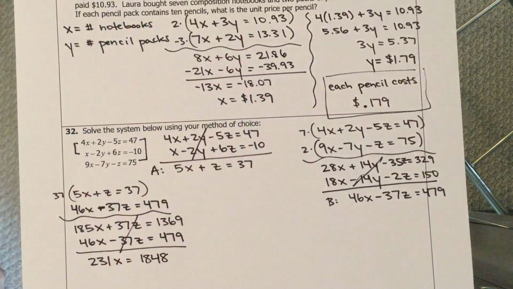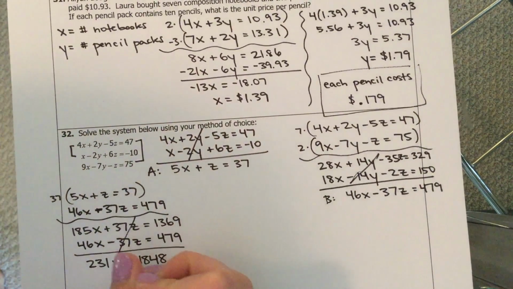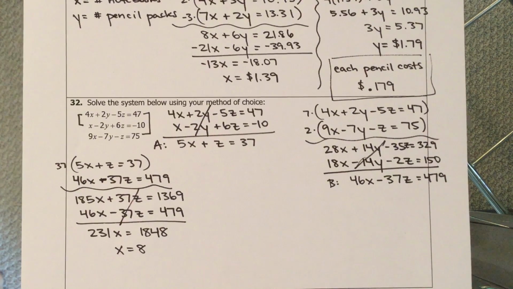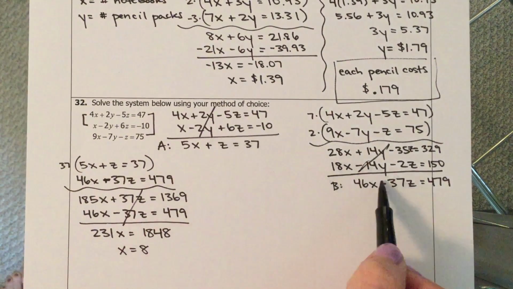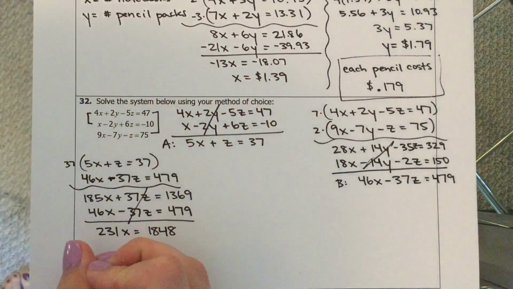1848. And then divide both sides by 231 to get the x by itself. And that leaves us with 8. So we have x equals 8. That's our first value. Once you get that first value, the rest of it is not that bad at all. Okay, so we're going to take this value and sub this answer into one of these right here. I would definitely go with this one. So we'll do 5x